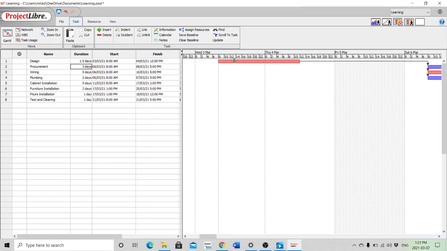So you can see 8 to 12 here. You can see all the Wednesday, it's a working day, and Thursday, it's working until 12 at noon. So after that, the weekend is starting. You can see the other elemental tasks, which are 2, 3, and 4, are not starting anymore. They are postponed to Saturday, 8 in the morning. You can see